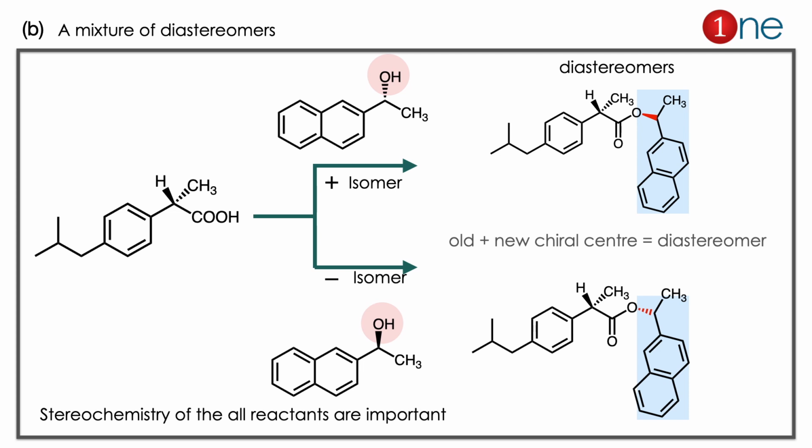One of the starting materials is enantiomerically pure, but the other is a plus isomer and minus isomer. How does it react? It reacts separately. The plus isomer reacts in one way, the minus isomer reacts in another way. So you have two different products. These are not enantiomers, they are diastereomers, because you already have one chiral center and there is a difference in the other chiral center. So the product is a mixture of diastereomers. So the answer is clearly B, a mixture of diastereomers. The concept you have to learn here is that the stereochemistry of all reactions is important. You cannot ignore anything. All of it affects the final chirality and optical activity.